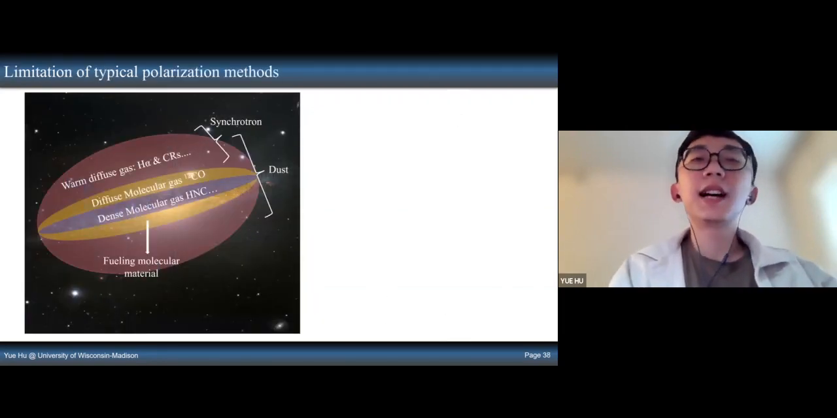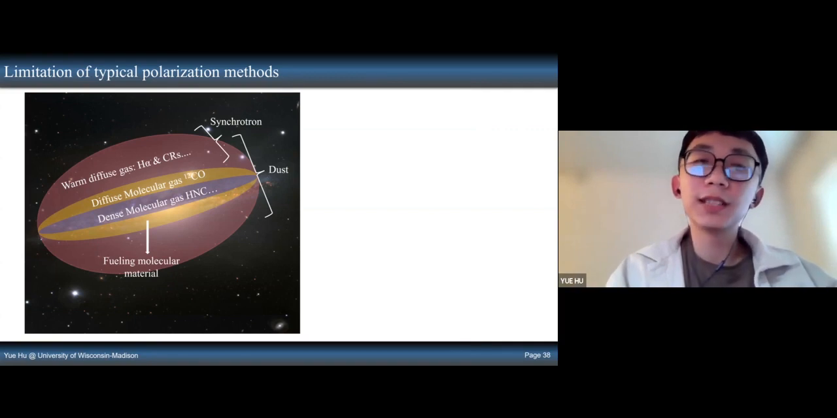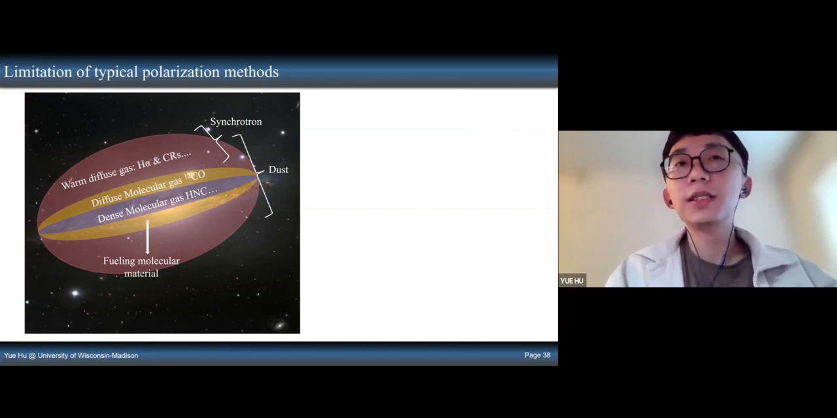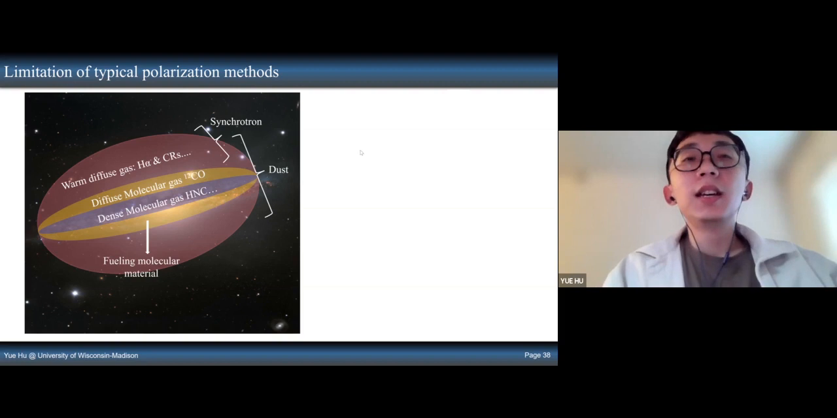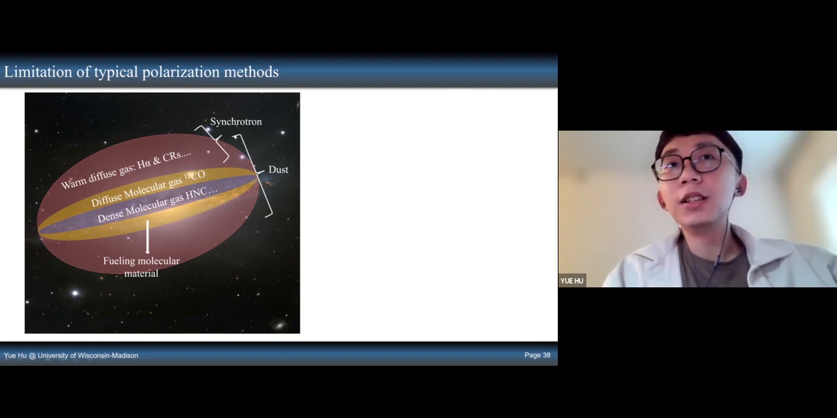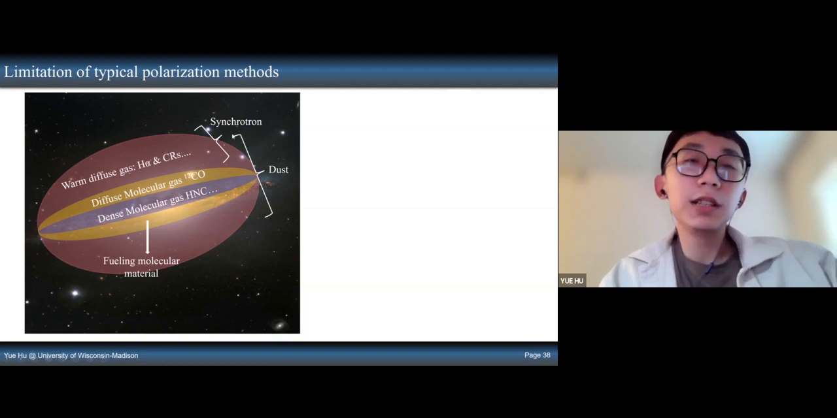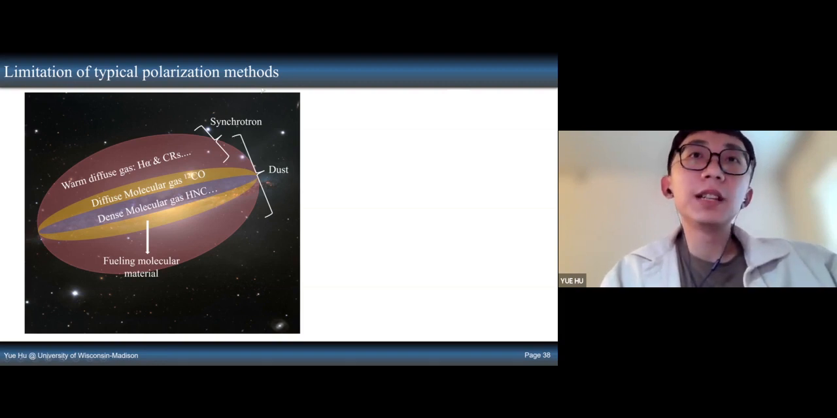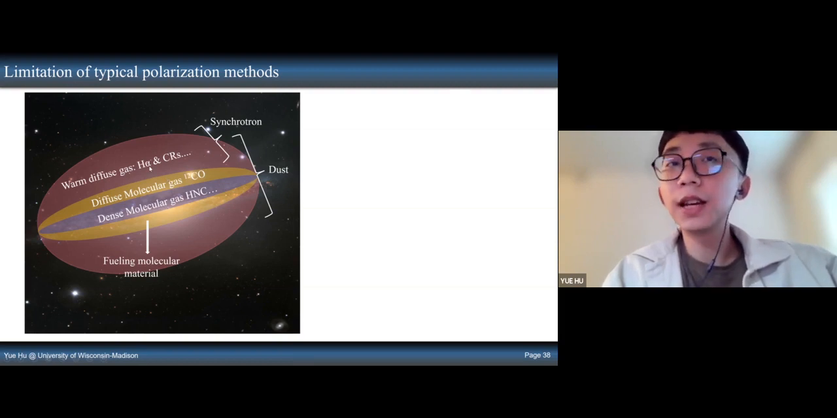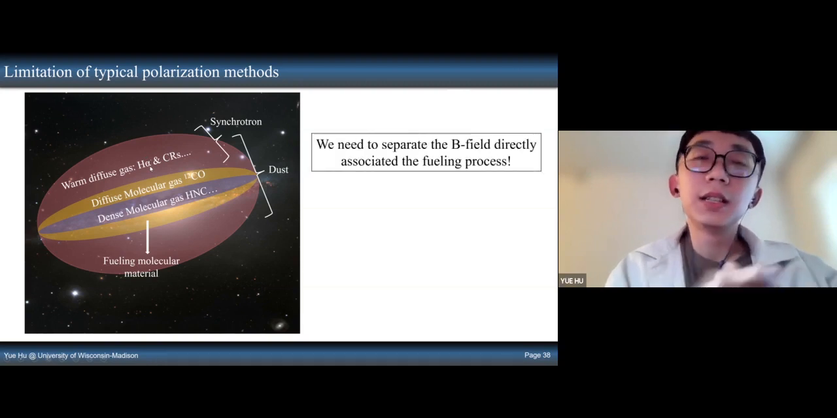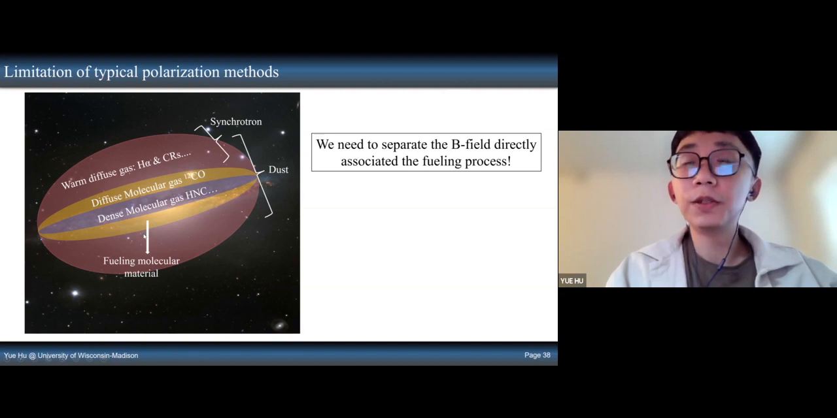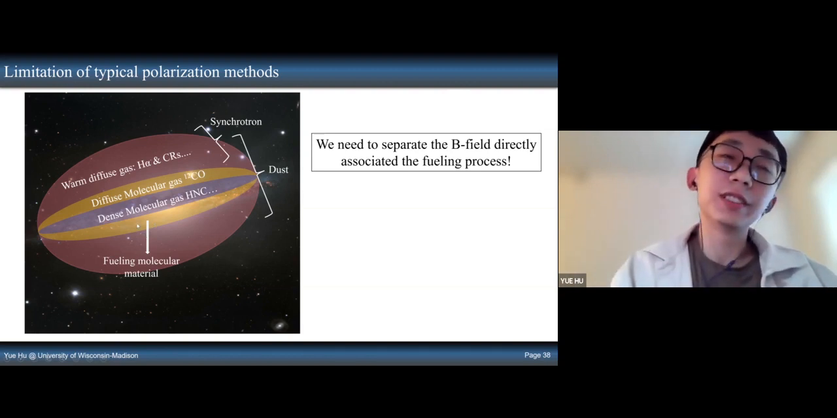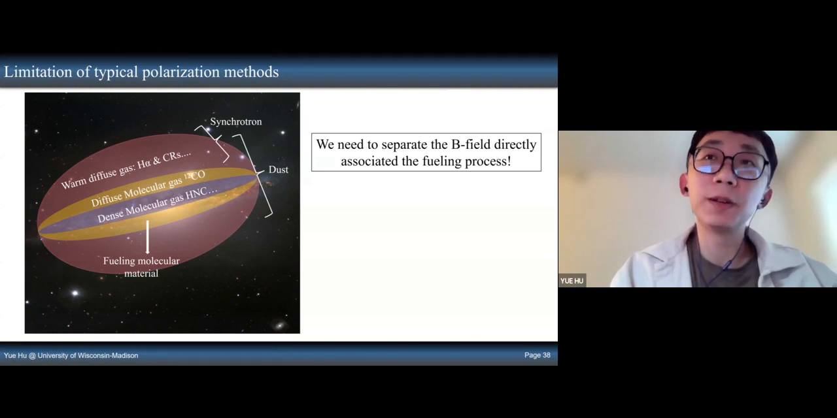But this study was focusing on numerical and analytical study. In observations, such a change has never been observed because that's difficult. The problem is that dust polarization and synchrotron emission are integrated measurements. They measure everything along the sight line, containing the contribution from the molecular gas or the diffuse gas. We cannot separate the magnetic field directly associated with the fueling process. Therefore, it's very challenging to study the magnetic effect in fueling the galactic nuclei in